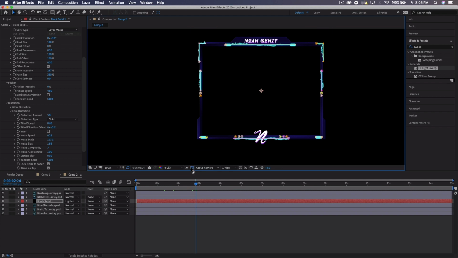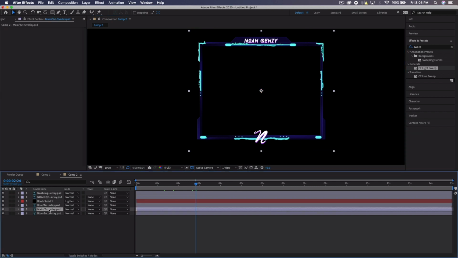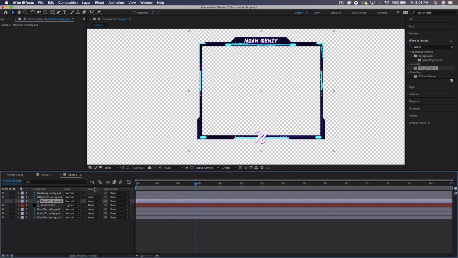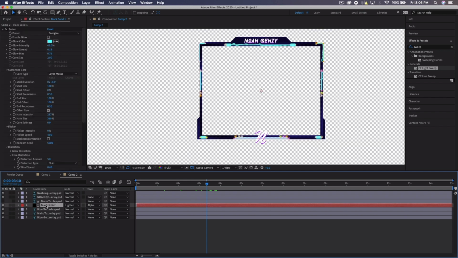So if you want this to be transparent, which I'm sure you do, come down to the main, Command C, Command V to duplicate it, drag it above the black solid. On the black solid, then go to Trick Matte and go to Alpha Matte. If you don't have the Trick Matte option, go down to Toggle Switches and click it to get it. And you could also duplicate that black solid